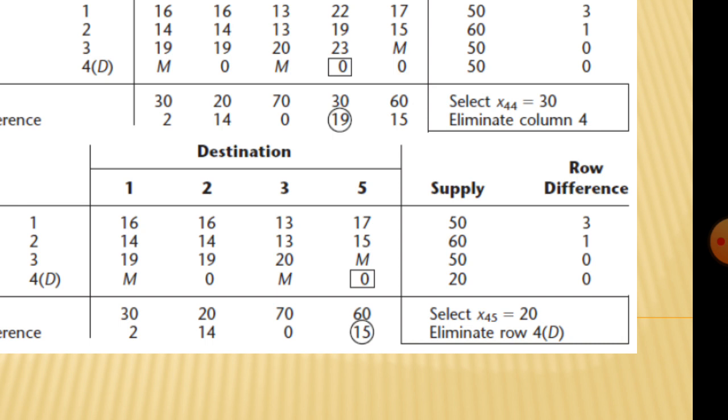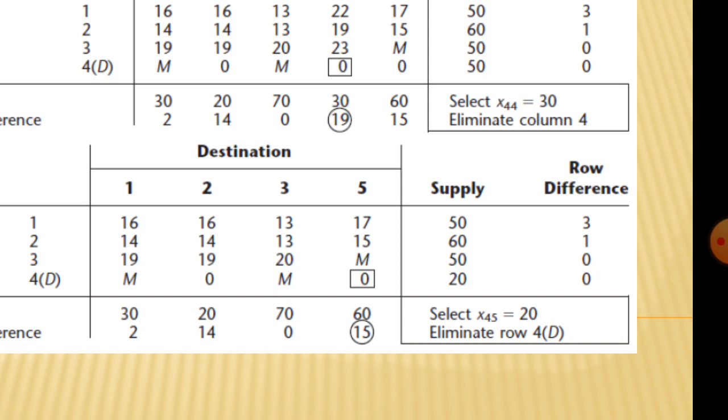One more thing, yesterday I uploaded one assignment. I told you to solve the three problems I have given. All three problems you should solve by northwest corner rule, least cost method, and also by VAM method. Okay, all these problems you should solve by three methods. The next class, the fourth class, is very important. I am going to teach you how to do the optimality test. Okay, listen to that optimality test.